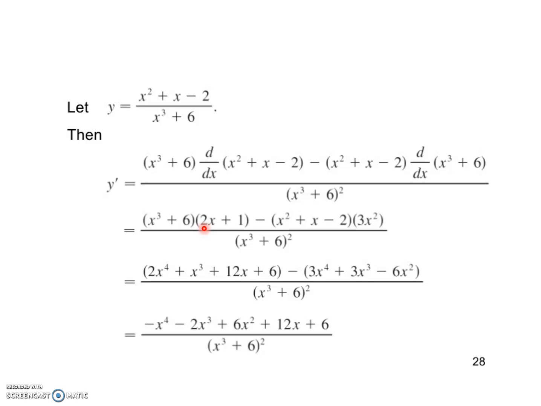Next, y is equal to x square plus x minus 2 upon x cube plus 6. We have to apply the derivative u upon v rule: v derivative of u minus u derivative of v upon v square. So we have to apply y dash, means it is x cube plus 6 derivative of x square plus x minus 2 minus, we have to put bracket if it is necessary, x square plus x minus 2, derivative of x cube plus 6 upon x cube plus 6 whole bracket square. x cube plus 6 remains the same, derivative of x square is 2x,